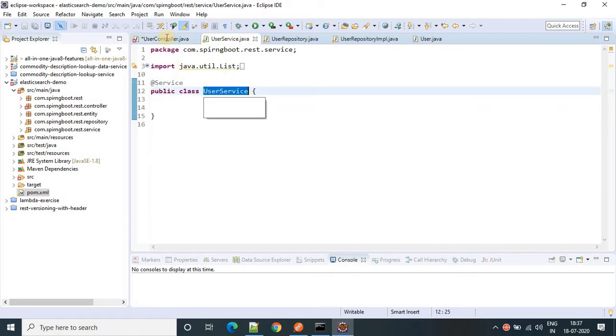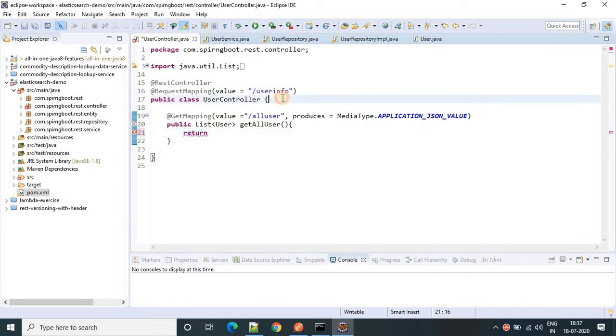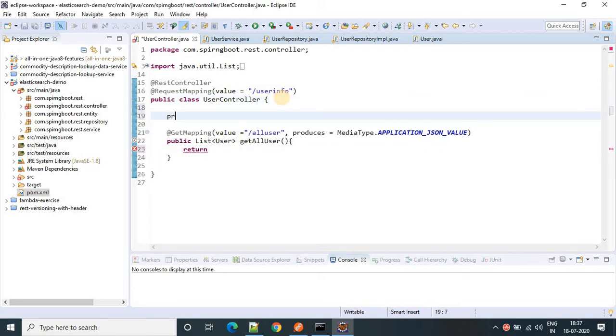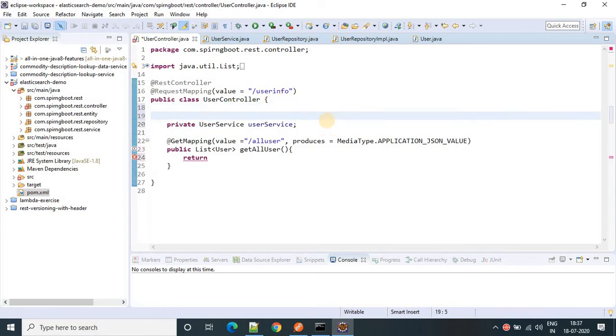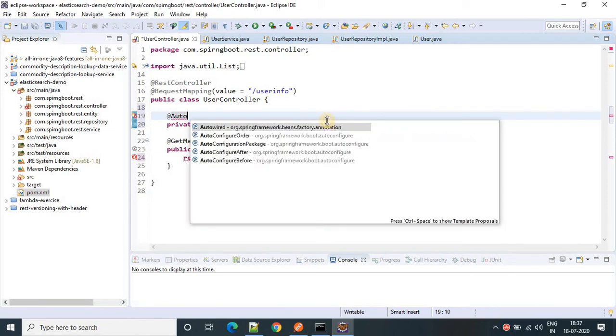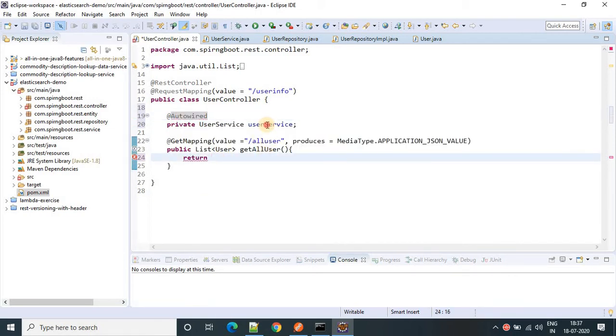So auto add this service class to the user controller, @AutoWire, and call a method get all user info.